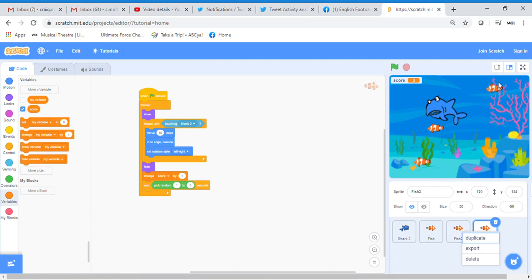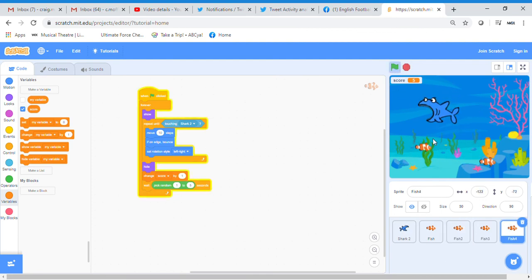I wouldn't put that many fish on because the game becomes too boring. You just start to add more and more fish and you're just catching them all the time. Just click on them, just move them to different places on the screen. So click on the green flag now. There we go. Now you might notice that the one thing that slightly needs changing here at the moment